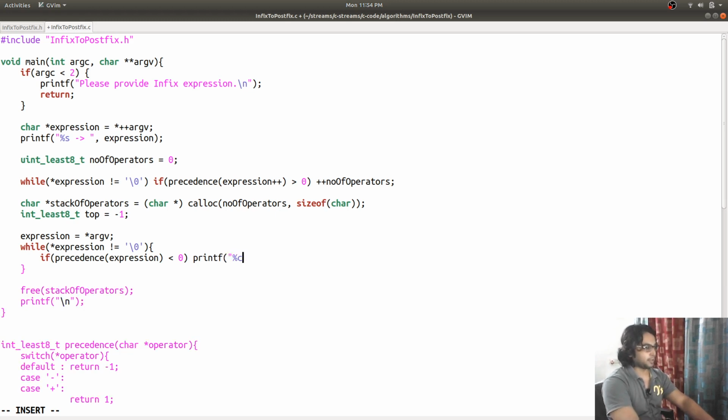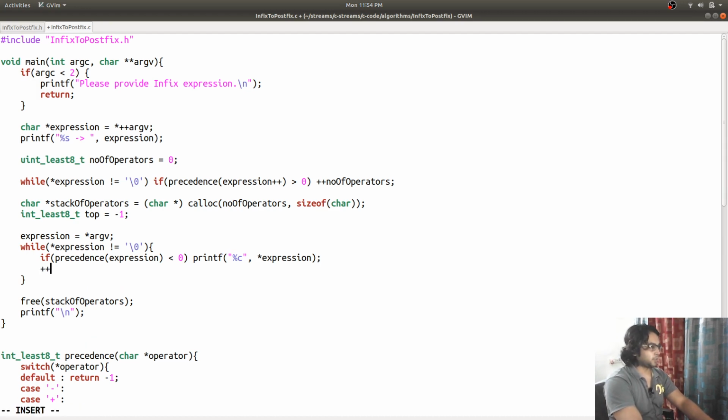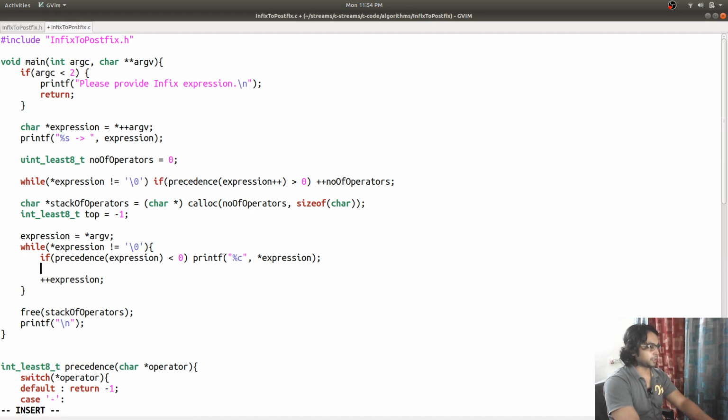So print that part, and then x. We shouldn't forget to increment the pointer to move it to the next character. So it is there.